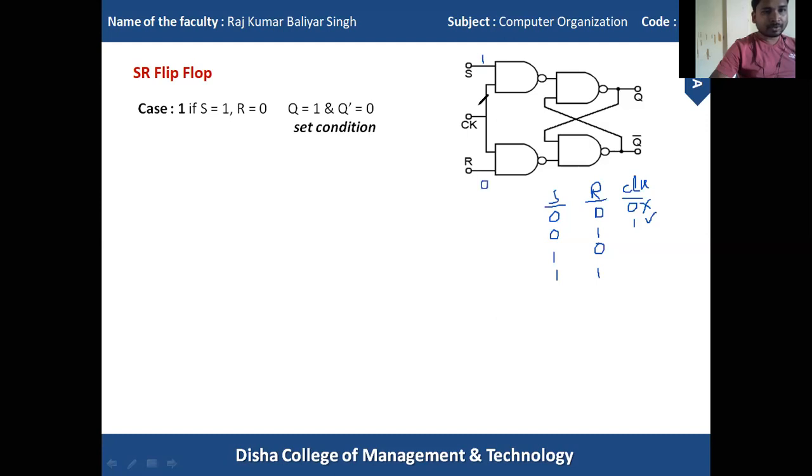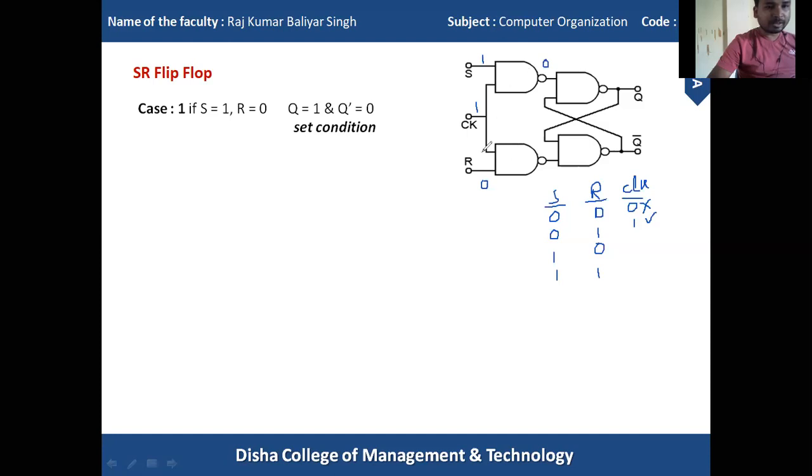And the clock is always 1. When the clock is 1, the circuit will start functioning, right? If the clock is 0, then there is no use of this circuit, or it works with the negative clock cycle. So for this NAND gate, we have two terminals. One is S is 1 and clock equals 1, so it will produce the result 0. Clear? After this first NAND gate, the result will be 0.